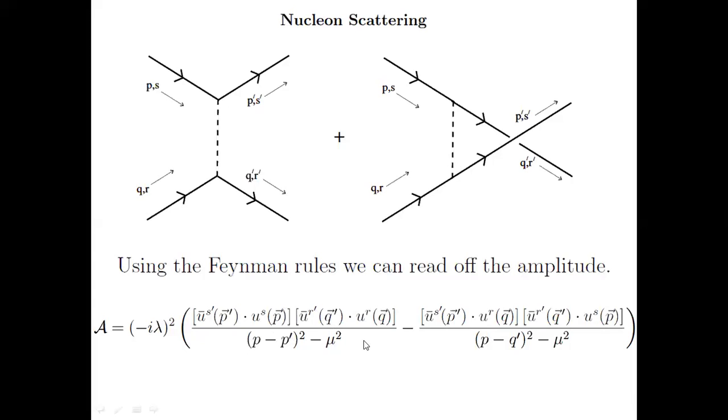contraction, and this is nothing but the scalar Feynman propagator. P minus P prime is simply the momentum of the scalar, which comes from momentum conservation at the vertex. This minus sign, again, you can simply see, this P prime, S prime, again these are contractions. This is again the contraction of the propagator, and this is a Feynman propagator. Minus sign comes due to the exchange of particles. Because these are fermionic particles, the minus sign is compulsory in the amplitude.